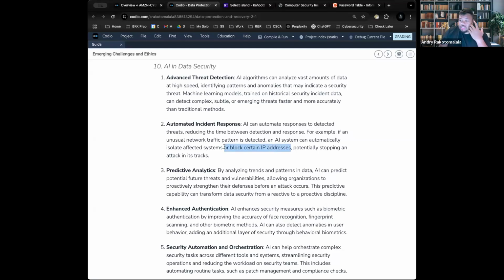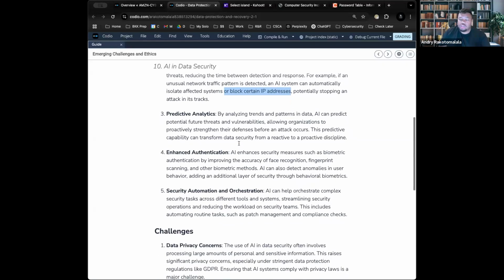Or what a lot of systems do is they will shut down that specific account or shut down that specific segment. As a reminder, segmentation is used to prevent the spread of an incident. So a lot of AIs right now just shut it down or isolate it. That's one of the easiest ways to do it because then a human can come in and decide what to do. Keep in mind with AI, we don't want to give AI too much control. We still want humans to be able to make the final decisions.